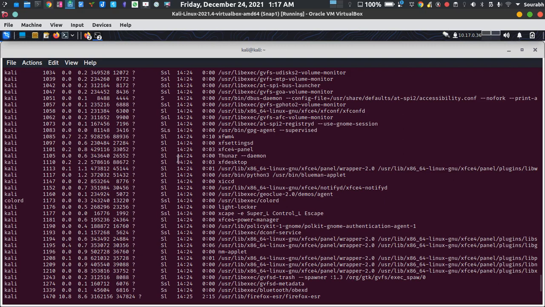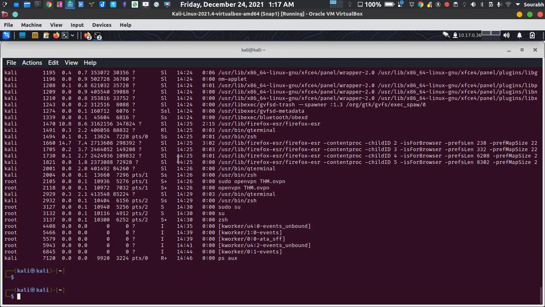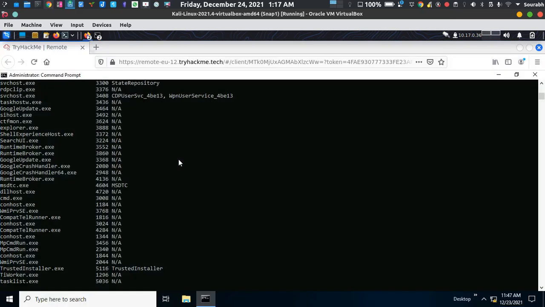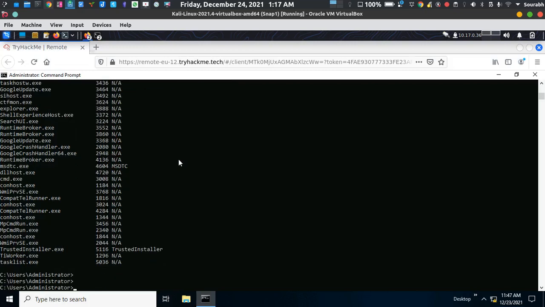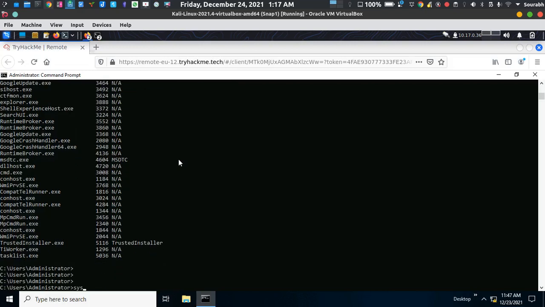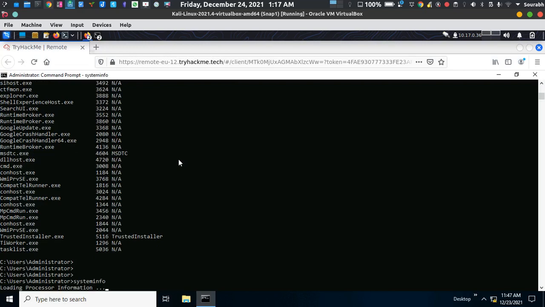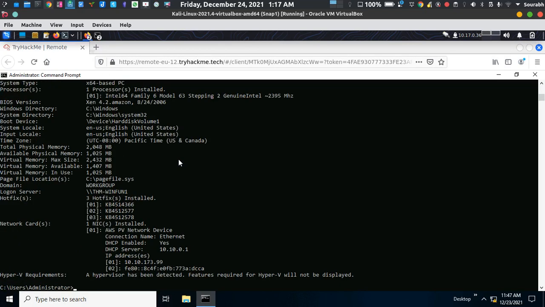Now we want to know about our operating system architecture. For that, there's a command called systeminfo.